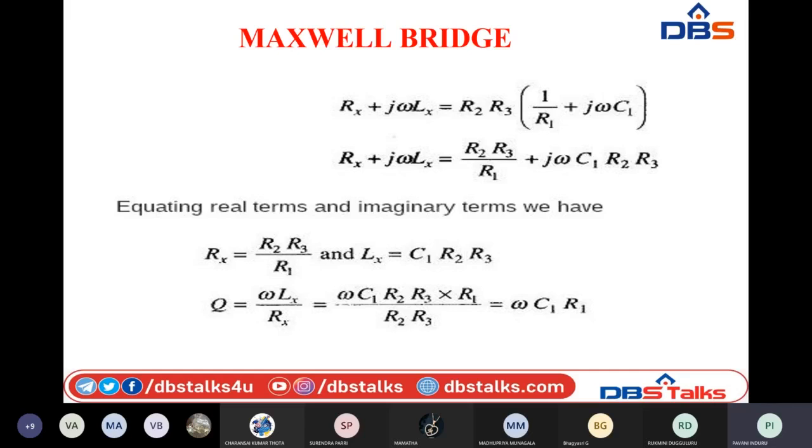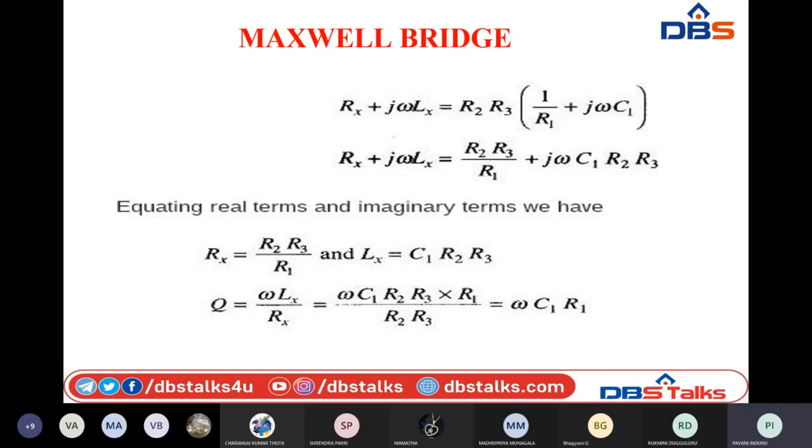If you want to determine the quality of the bridge, we are going to find out its quality factor. The quality factor determines the quality of the bridge, which can be determined with the help of the expression in case of Maxwell's bridge, omega C1 R1. Omega is nothing but 2 pi f, where f is the frequency of the alternating current signal, C1 is the capacitance of the fixed capacitor, and R1 is the resistance which we have used in parallel with C1. So this is how we will be able to obtain the unknown inductor values and the quality factor of the bridge.